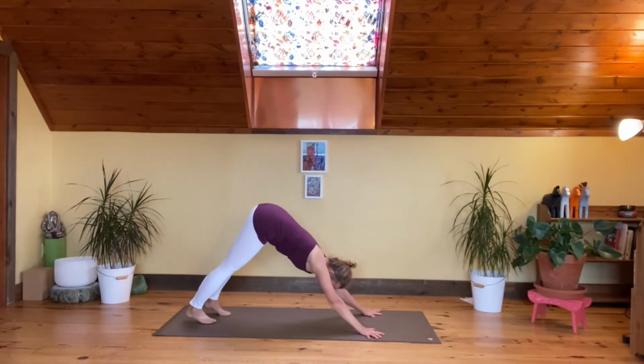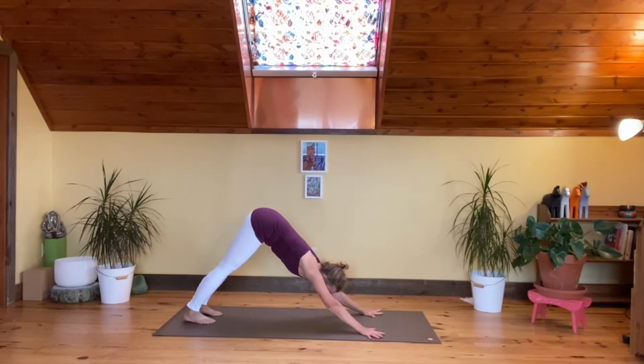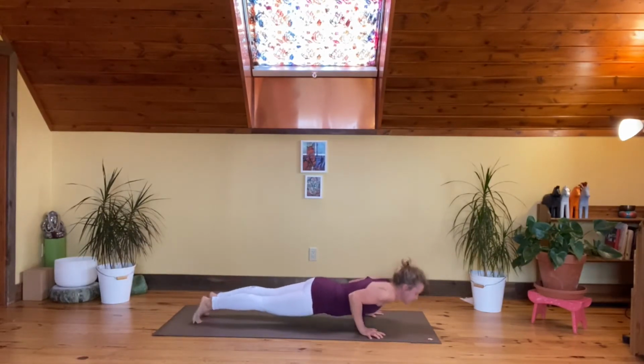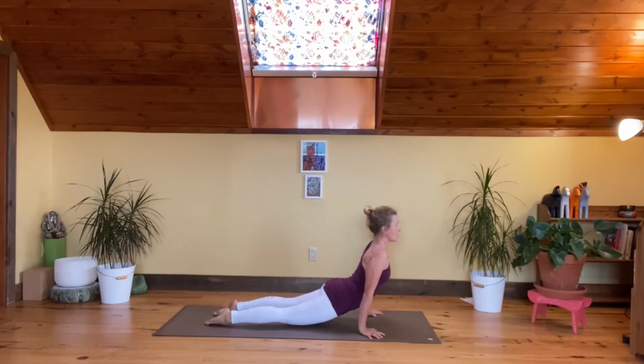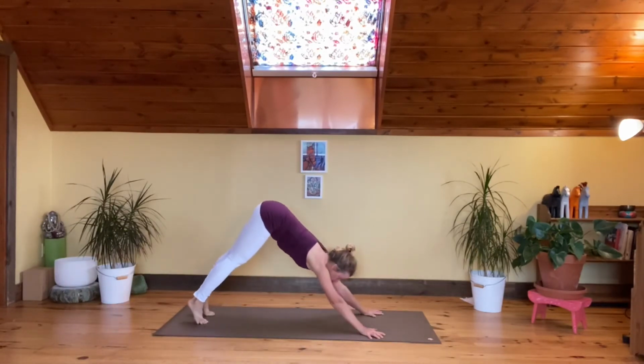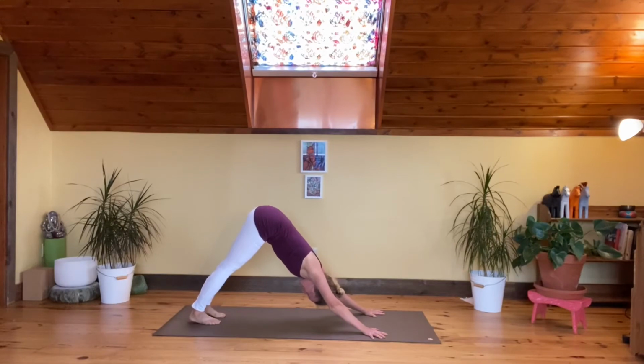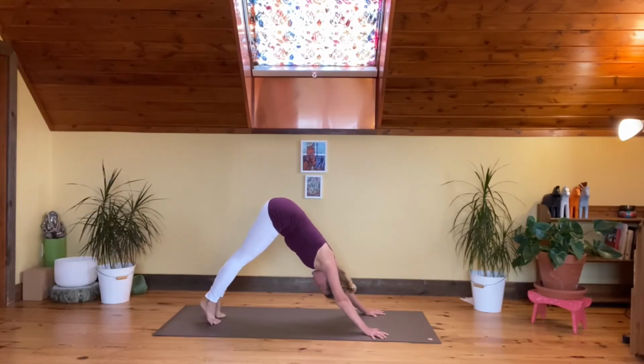downward facing dog. Take your vinyasa or stay in your down dog, or take a child's pose, whichever works for you, to open your layers and get nice and warm into the muscles, to turn and churn any stagnation out and away. Press the palms, lift the upper arm bones, and from here, come up onto your toes, bend the